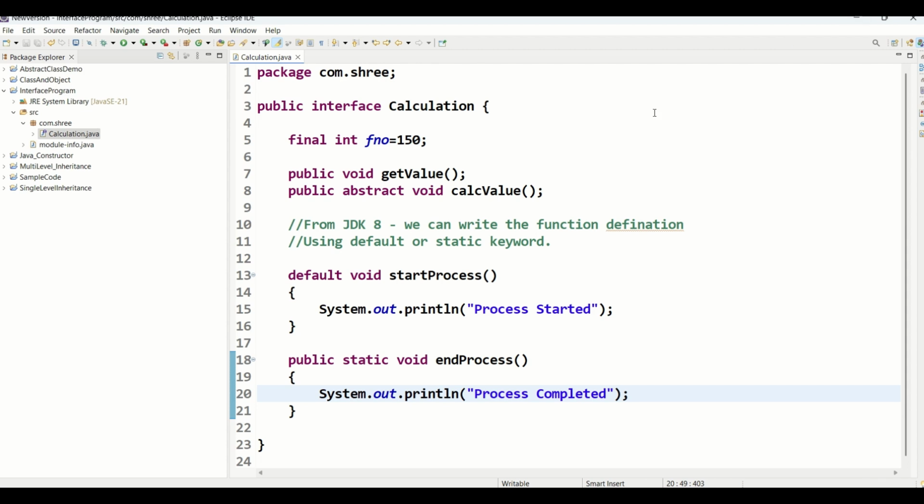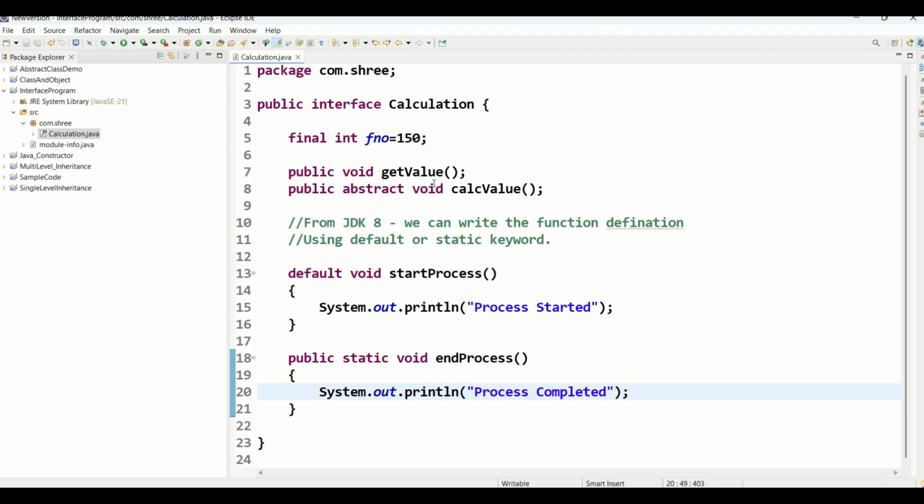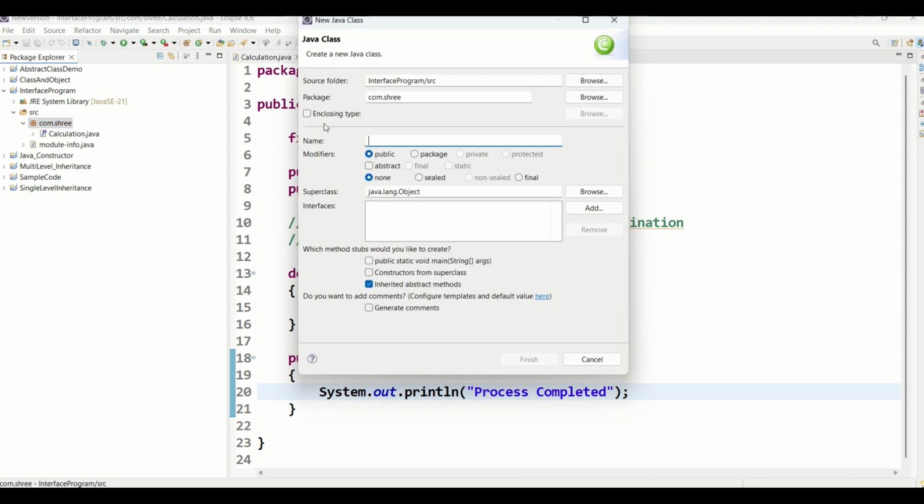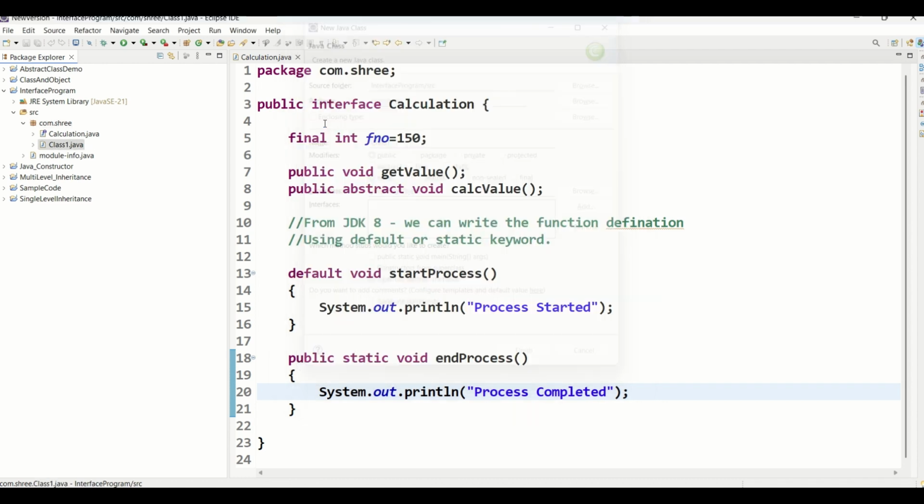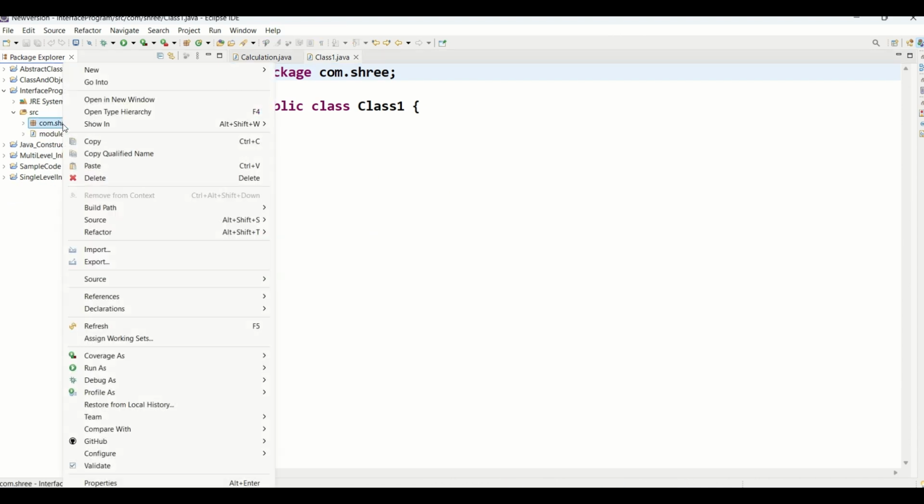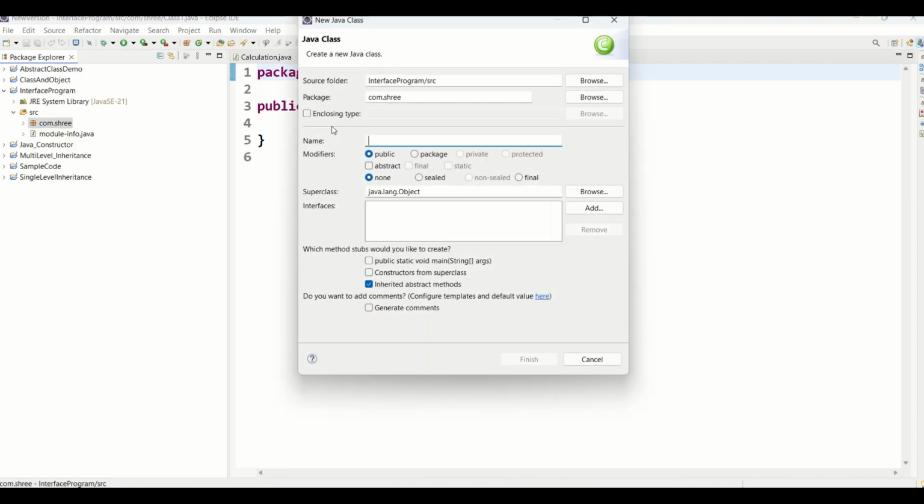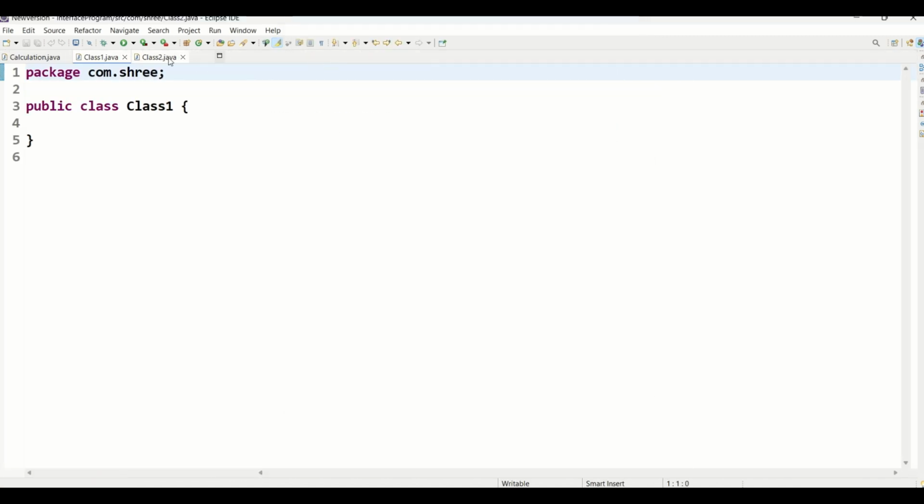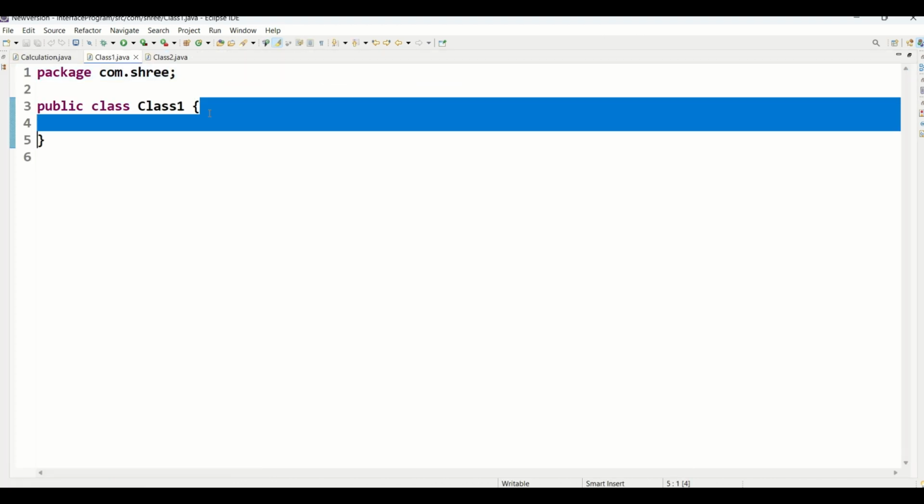Okay, so now we created the interface and we need to access this interface in our class. So for that I'm going to create a class. Just right click and go to the class and add the class here. And my first class I'm going to give class 1. Okay, so class 1, and in the same way you can create as many classes as you need. So I'm creating 2 classes. Okay, class 1 and class 2, and this class 1 I'm going to implement